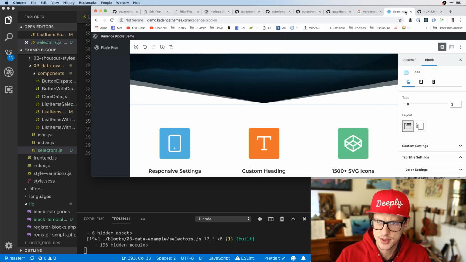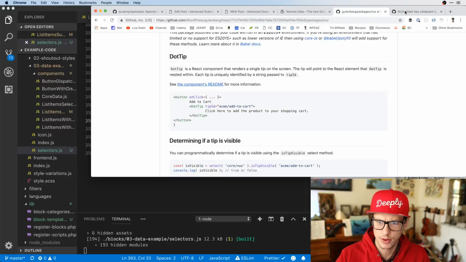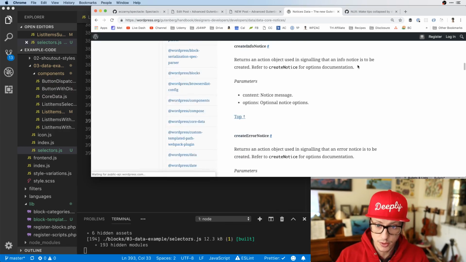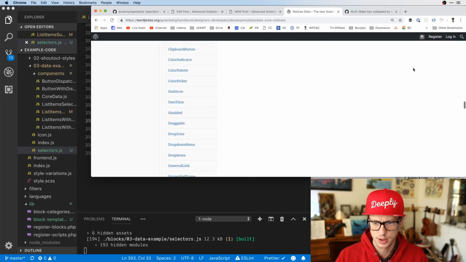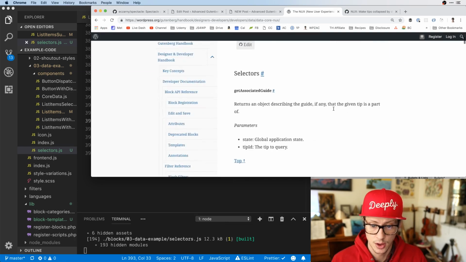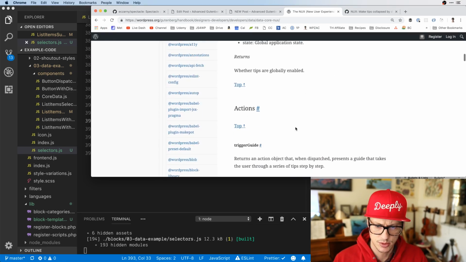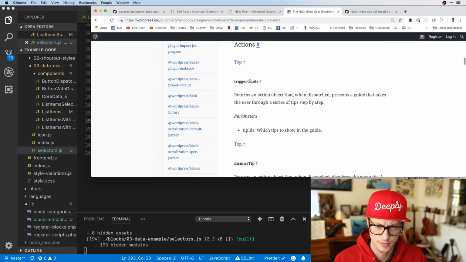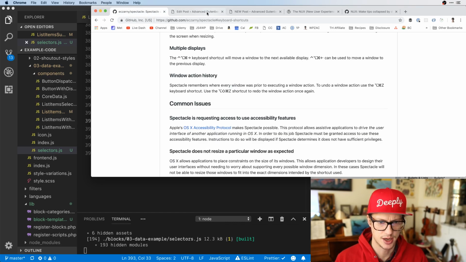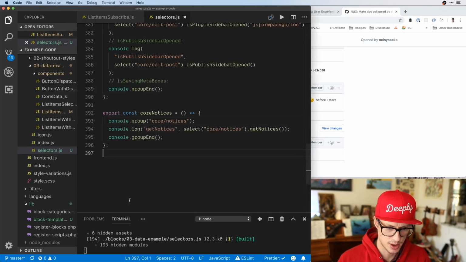So we've got this. So let me just close all these other pages we have. Actually, let's open that one up. Go to the next one. Is tip visible? Are tips enabled? See, we should be able to trigger the guide. I know that this is switching into dispatch, but I don't know. I want to get into playing around with this in more depth, so I will come back to it, but